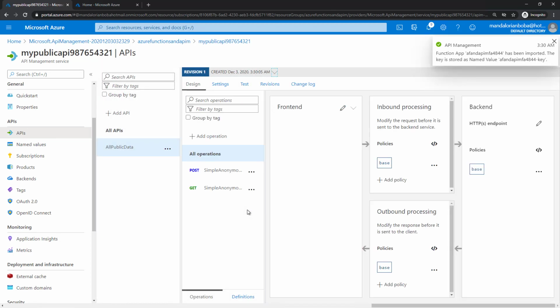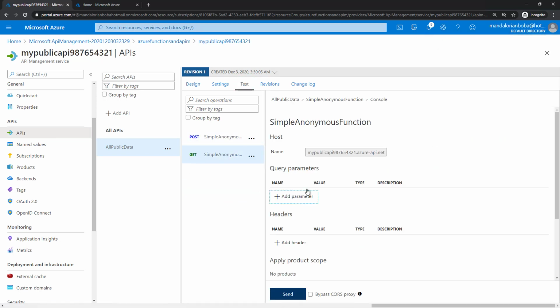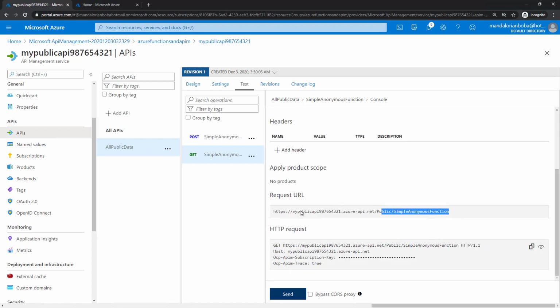So this is a public data API. You see here I have my get and my post. If I drill into this right now, I'm going to run my test on it. You can see I actually have a public facing URL, and sorry, that's here. There's my request URL. If I were to actually go out to the world and call that right now,